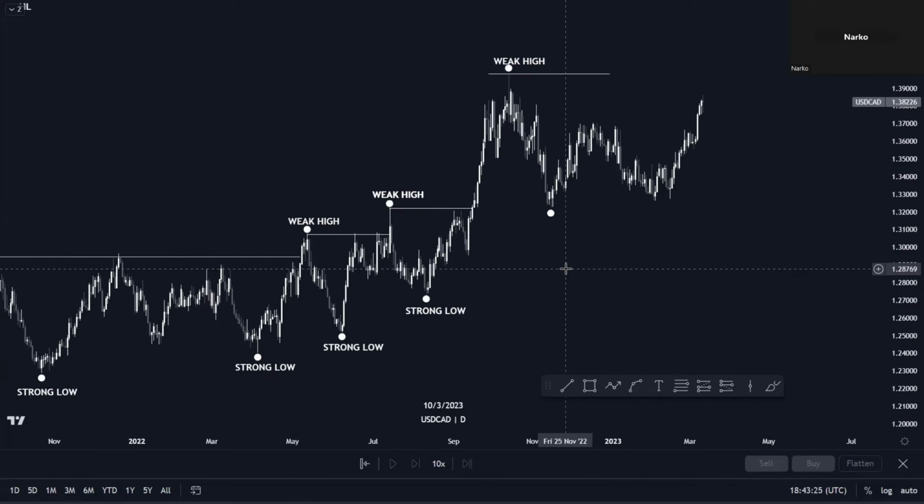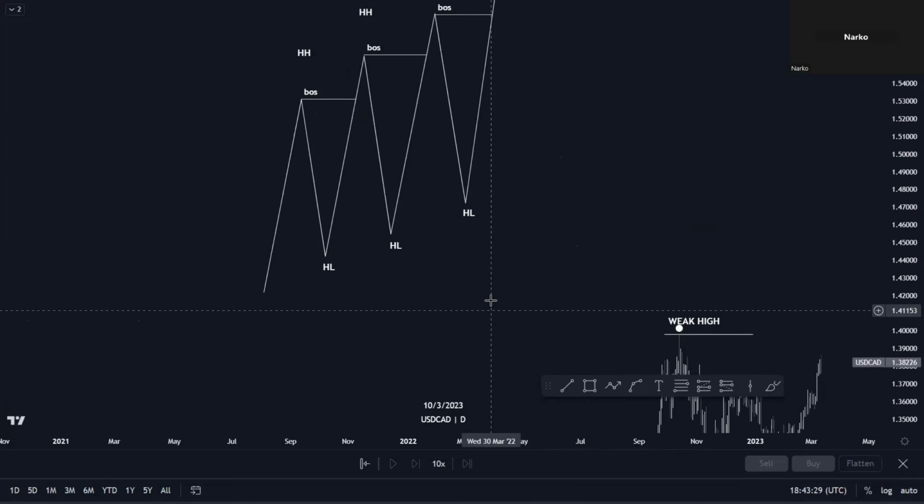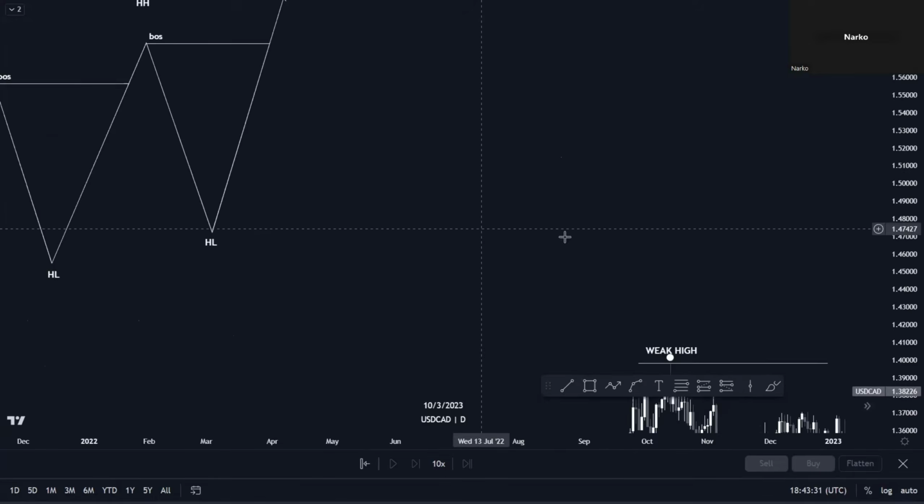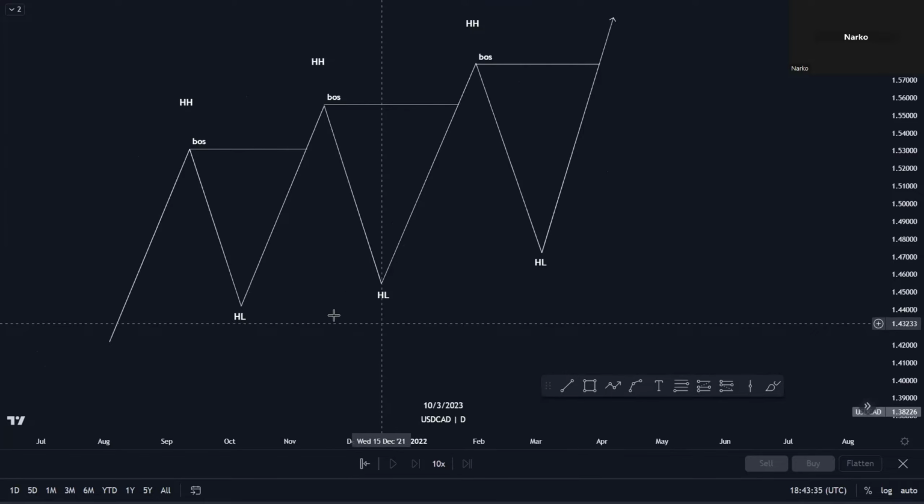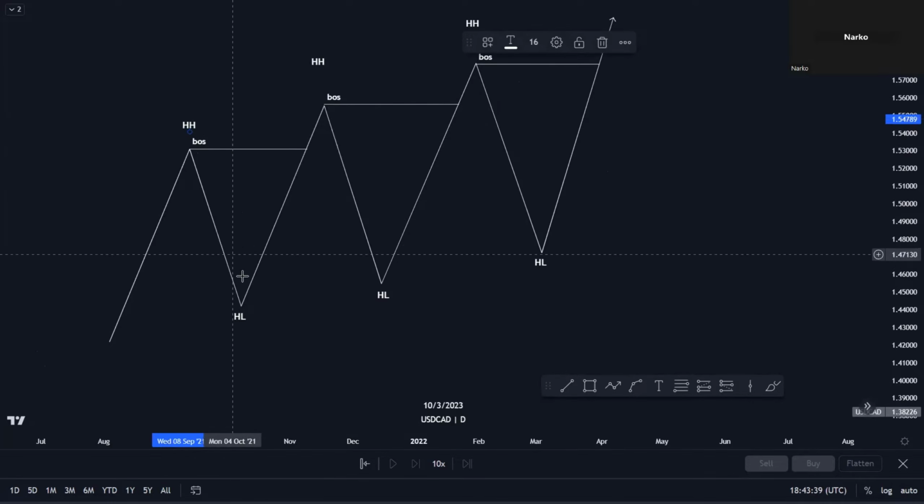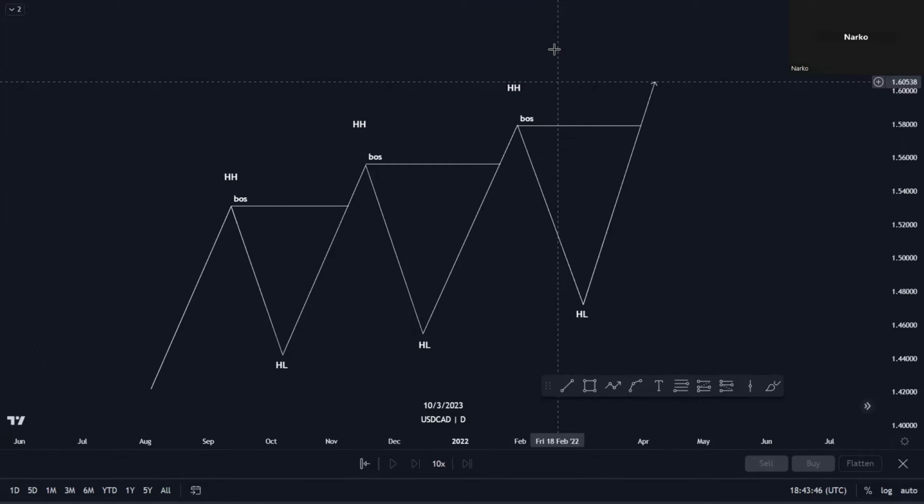Okay, and that's it for the bullish trend. Just a recap. In a bullish trend, we're looking to create higher highs and respect our higher lows, create higher highs, respect our higher lows, and the properties state that